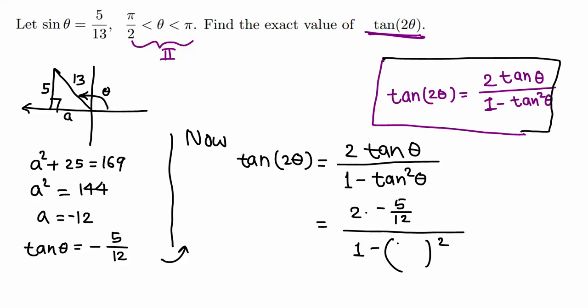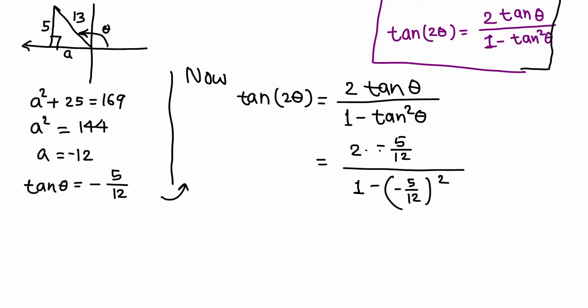Okay, let's do algebra here. 2 times negative 5 over 12, that's negative, and then 2 divides 12, so 2 goes 1 time and 6 times, so we have negative 5 over 6 on the top,